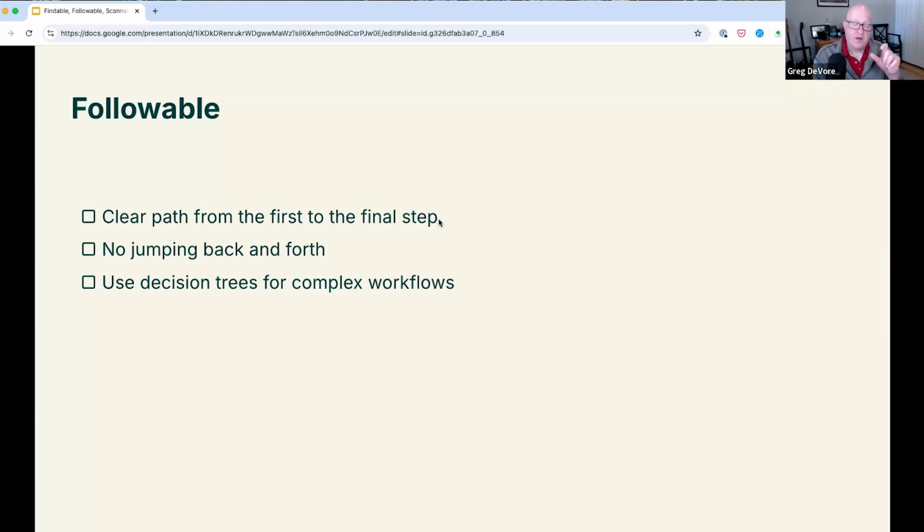And I would add one more here that I didn't include, but I just thought of: interactive checklists are great for making something followable. When we write guides, we typically write them for first-time users, but we want people using them all the time because we know they can't remember everything, so they need that.